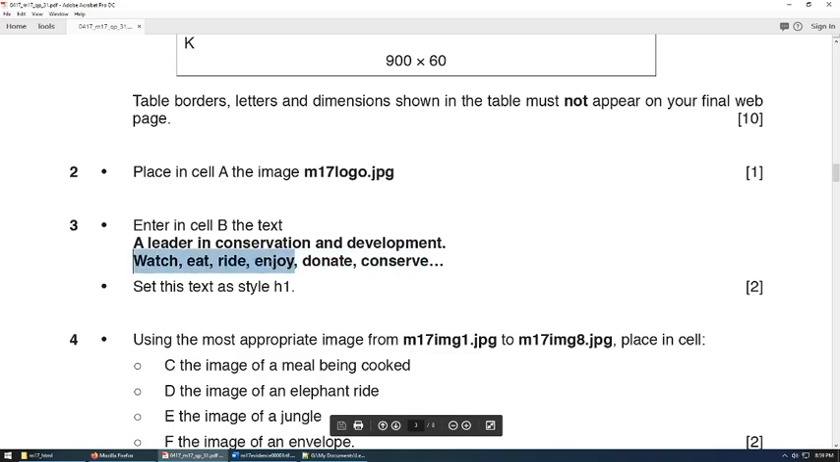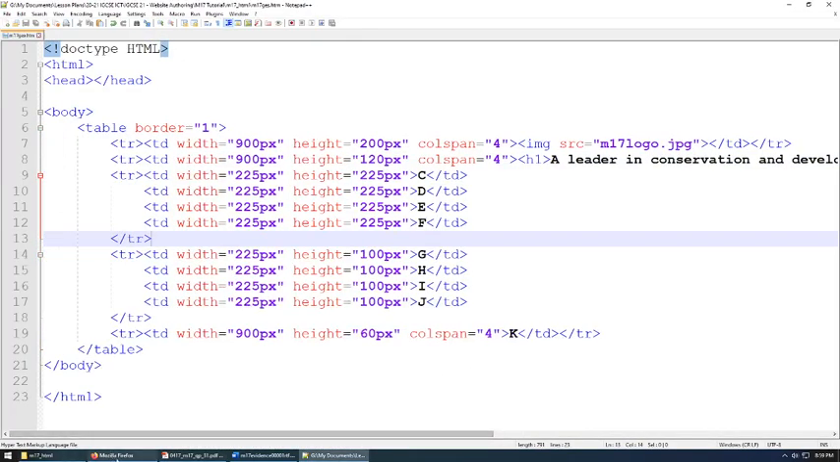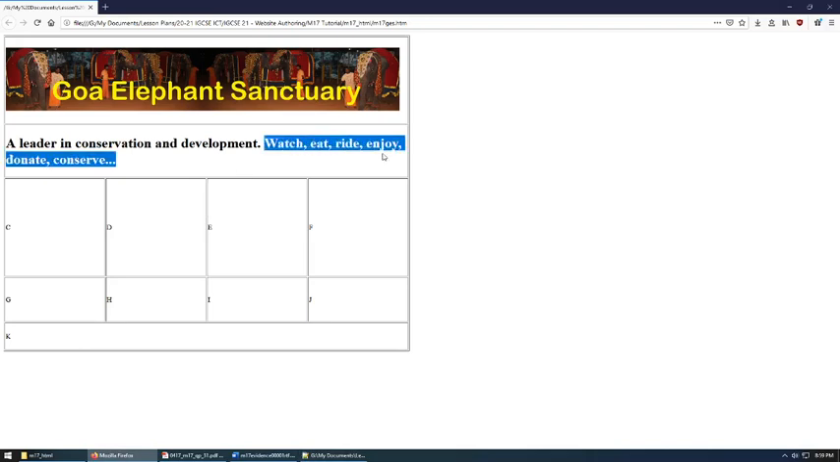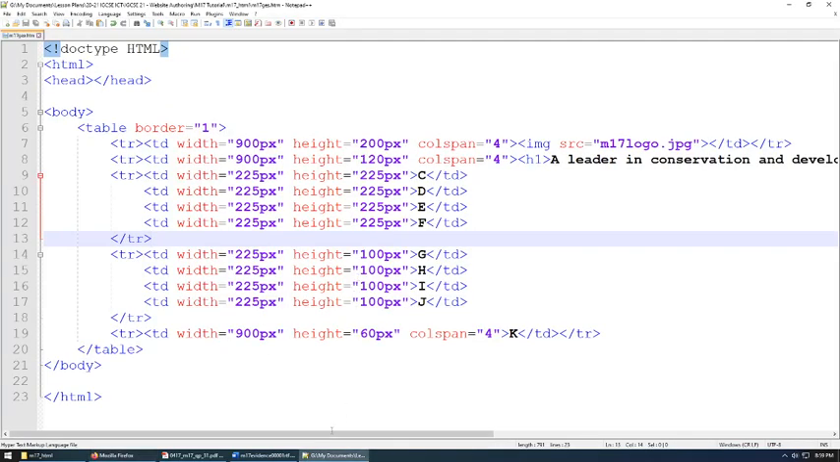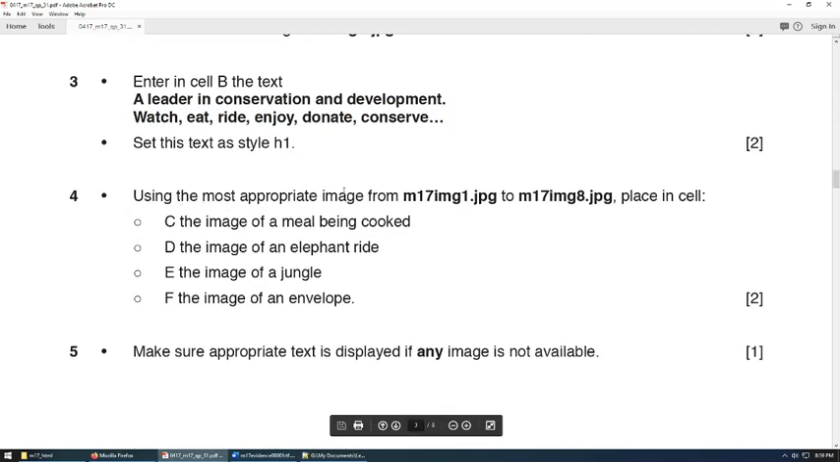This is on a new line, but I don't think that matters. I don't think it matters. Okay. Task 4. Using the most appropriate image from M17 IMG1 to IMG8,